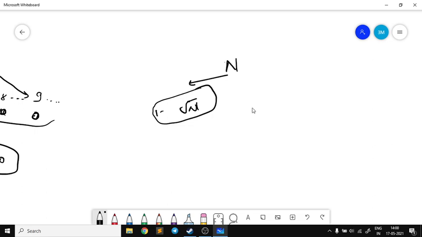I hope the idea is clear to you, right? If I remove the multiples of all the numbers in the range 1 to root of n, then the remaining numbers will be prime, right? Because the factors that were stopping those numbers from being prime are now eliminated.